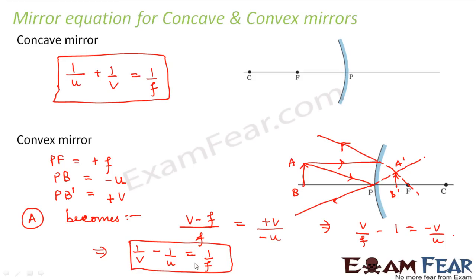However, while solving problems, do not confuse yourself with different formulas. You consider this equation as the generalized equation for mirror equation. Doesn't matter whether the mirror is a concave or convex mirror, but while putting the values of U, V and F, you incorporate sign convention. That means if it is a concave mirror, take V as negative. If it is a convex mirror, take V as positive, and so on. You will understand that clearly when we will go ahead and solve some problems as well.